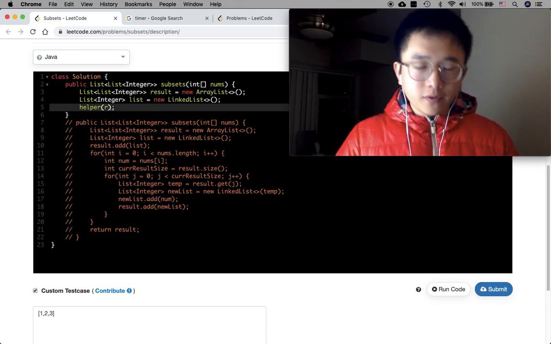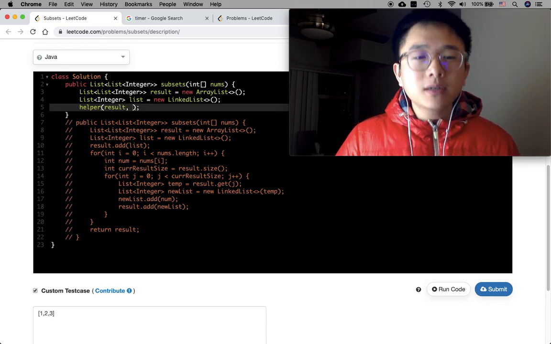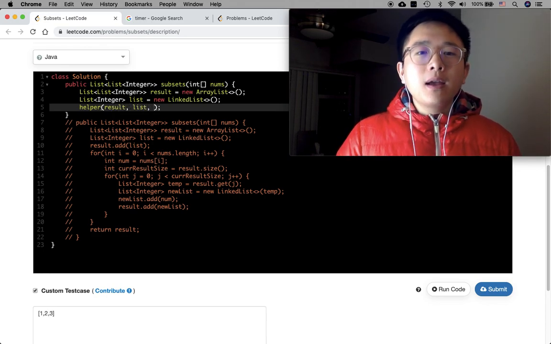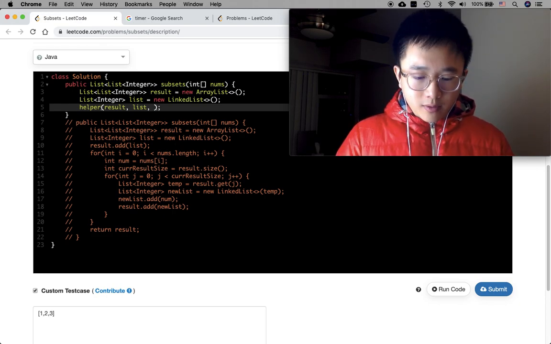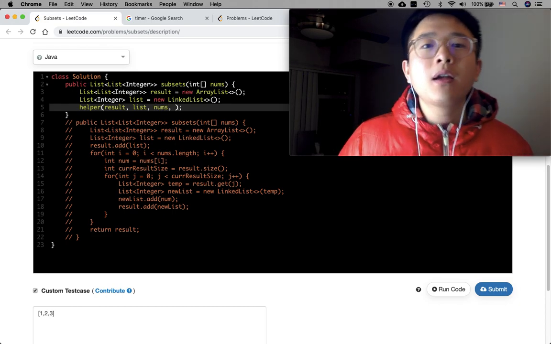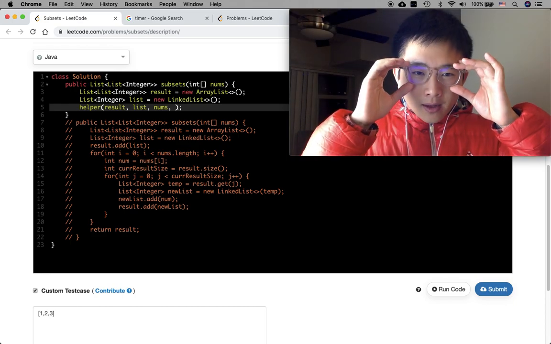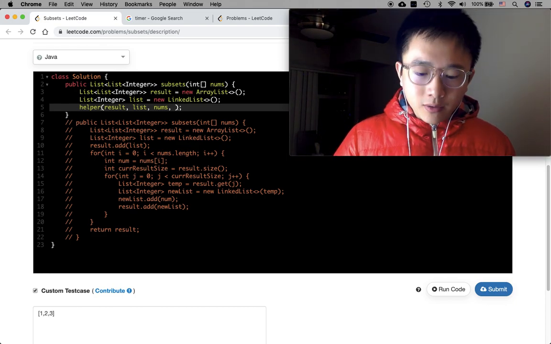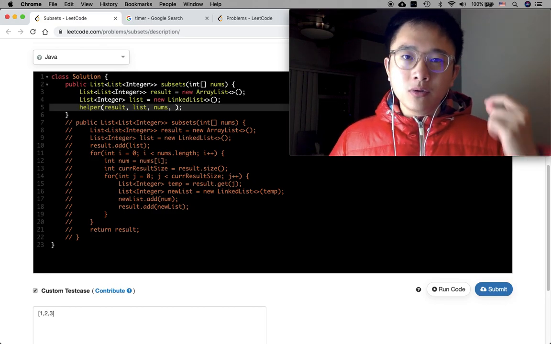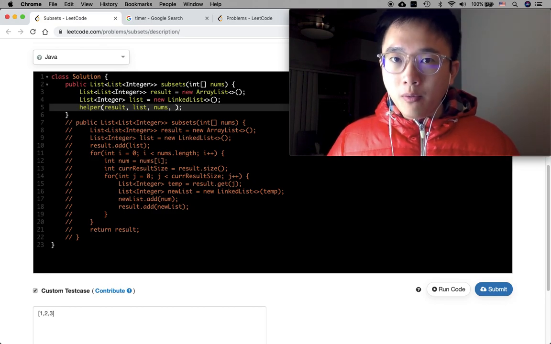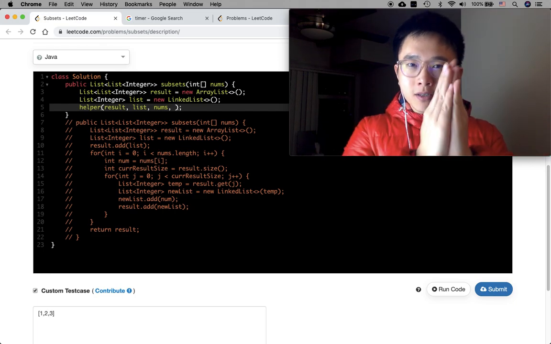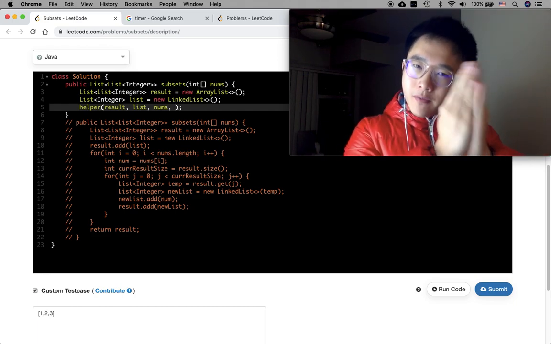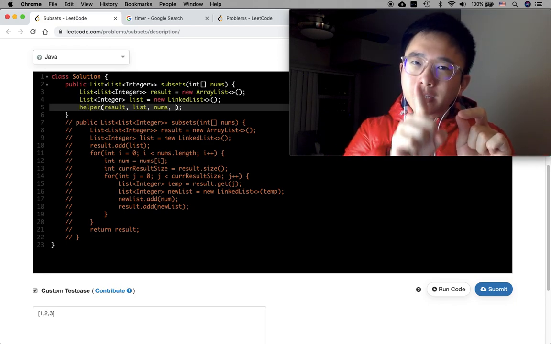First of all, you have to pass in the result and the list, and then the numbers, and then you need to pass in the index so that you know what current position you're at, and then based off of that point, you can start exploring different options,